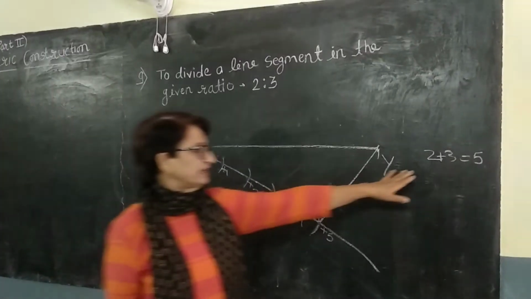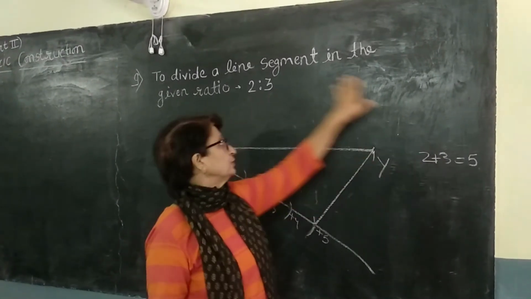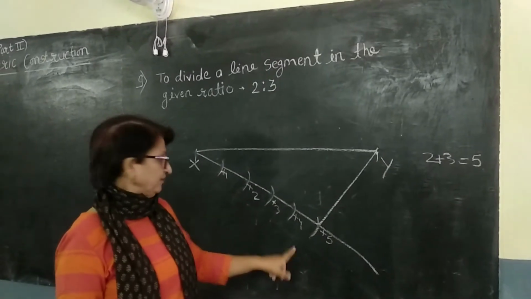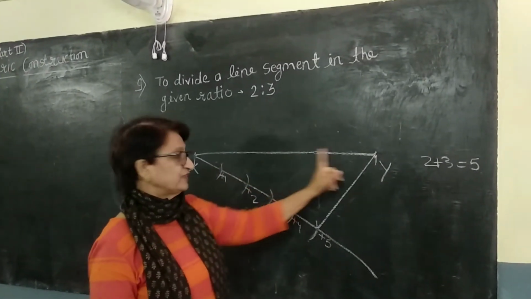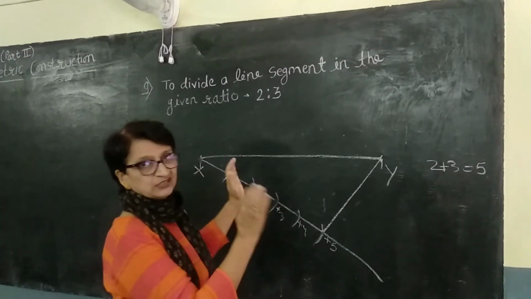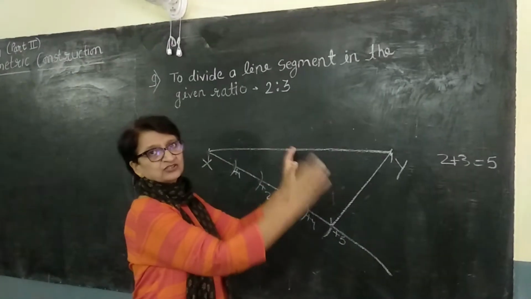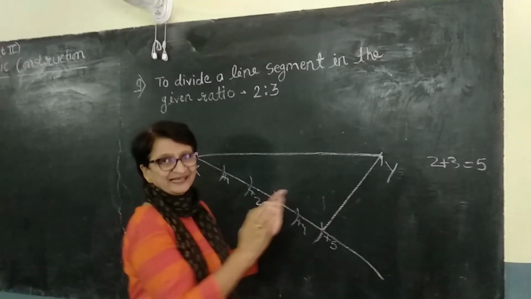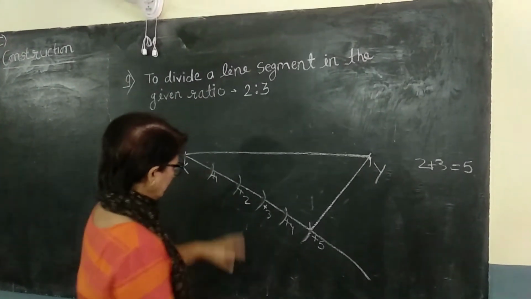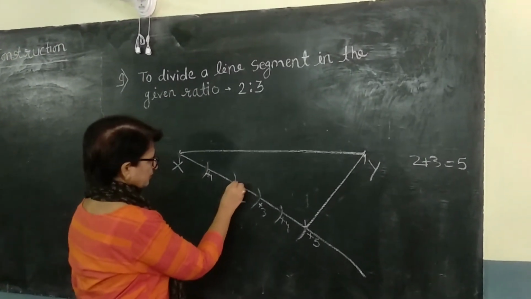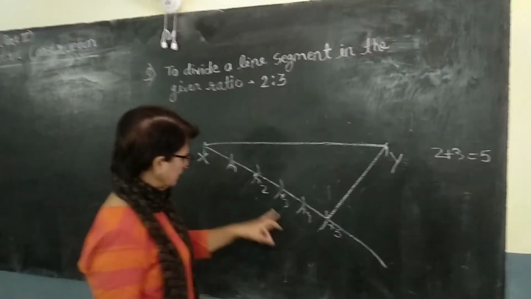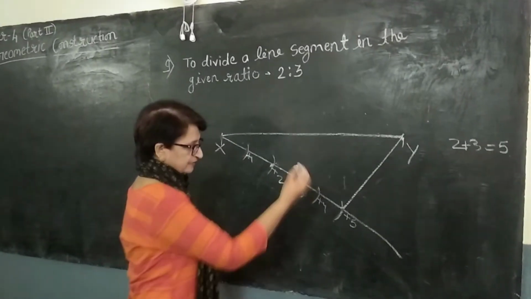Now we have to divide the line segment into 2:3 parts, right? That time what we did, the same thing, we had to make 5 equal parts of this line. But now he is saying that one person has to be given 2 parts of a roti and the other has to be given 3 parts. Like that we have to do. So what we are going to do? Here, it means that this point is important for me: 2 parts, right? Then the remaining 3 parts will be there. 1, 2, 3, and this is 1, 2 part. Nothing you have to do.